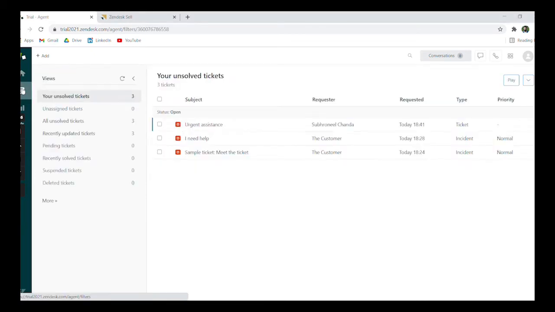The next page is the views page. On this page, each ticket assigned to the particular agent over a period of time can be accessed along with the overview of the open tickets, the customer or requester, and when the ticket originated in the system.